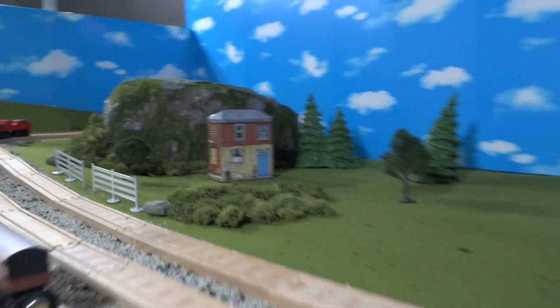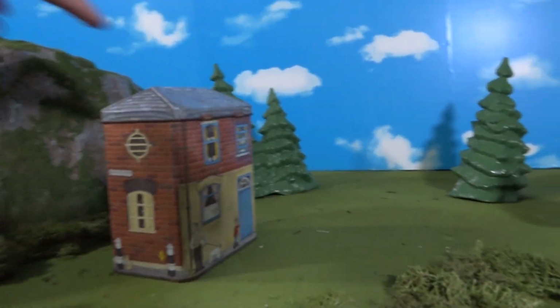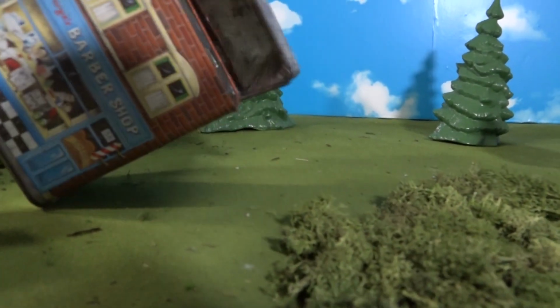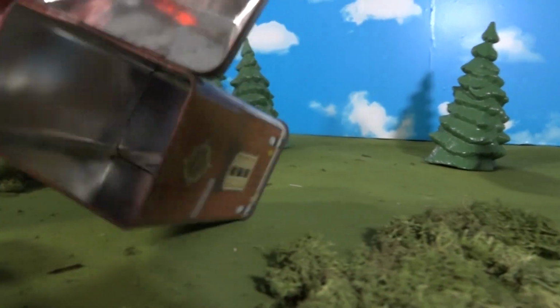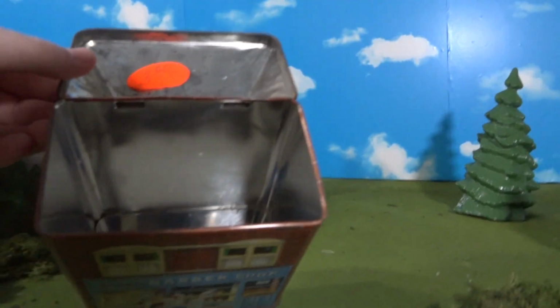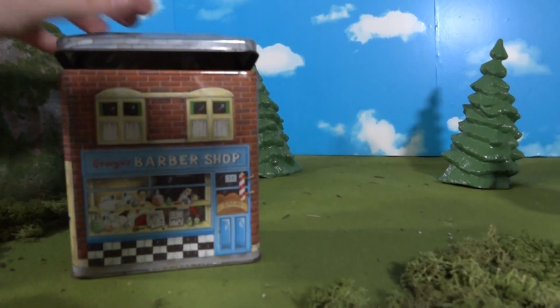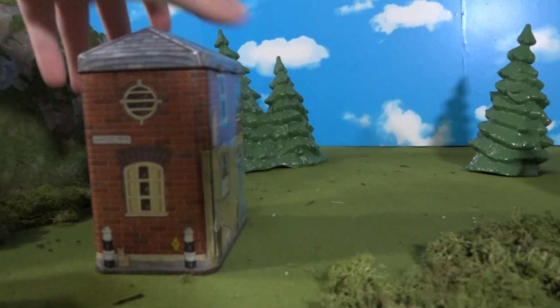Over here is the cottage. I used this same building for Cyril's cottage for Misty Valley, and this is actually just a barber shop, and it's a container. It opens, I think it's like a shaving kit or something, or just whatever you want to put inside of it, but that makes sense for the barber shop. I don't think I've opened it before. It smells kind of bad, so I'm going to keep that closed and just turn it around